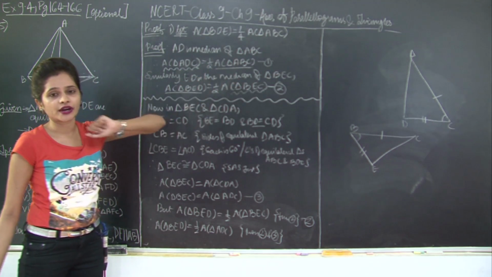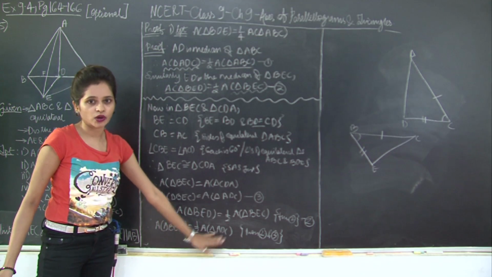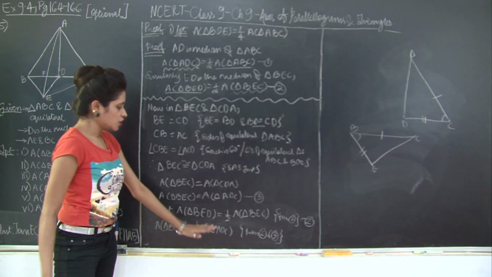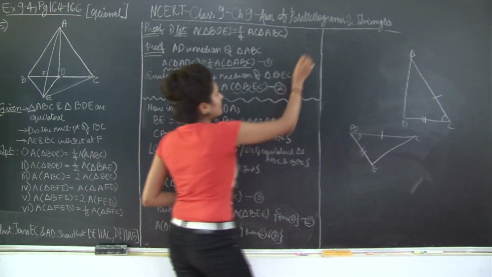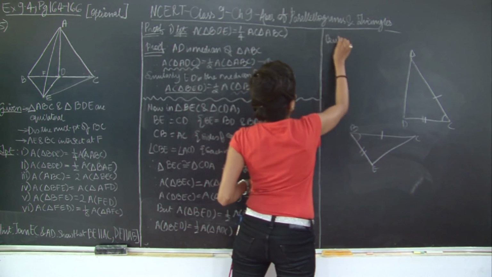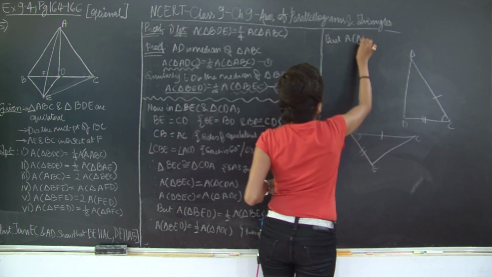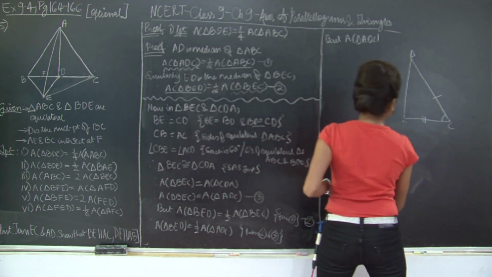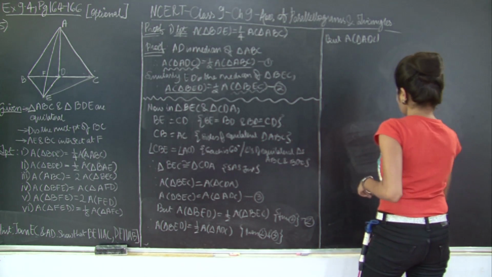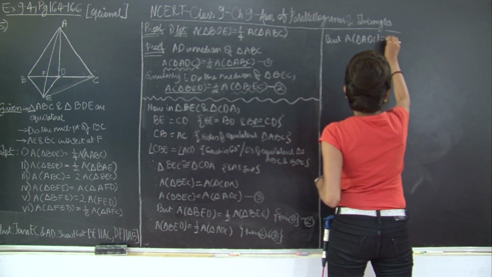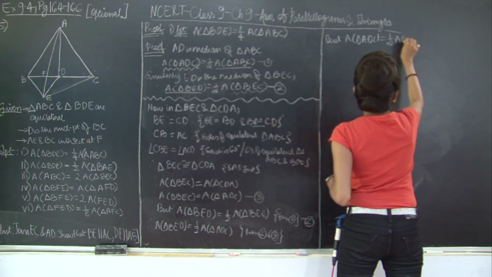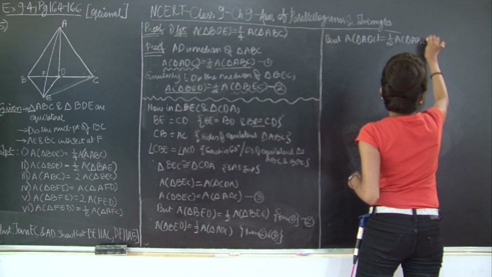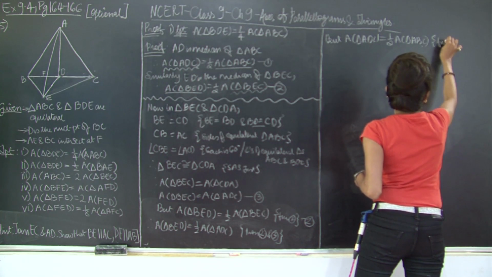ADC is half area of triangle ABC. So instead of ADC we want to substitute ABC to strike a relationship between BED and ABC. So I'm going to rewrite, but area of triangle ADC. So let me erase this section. Is equal to half area of triangle ABC from 1,